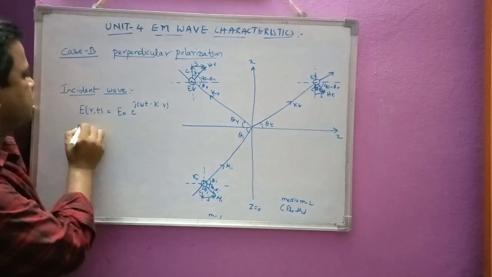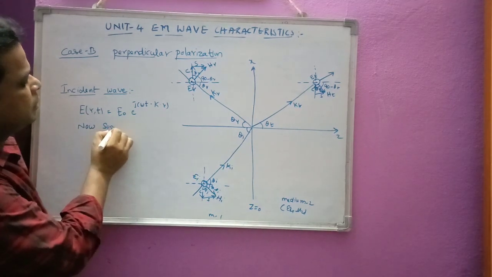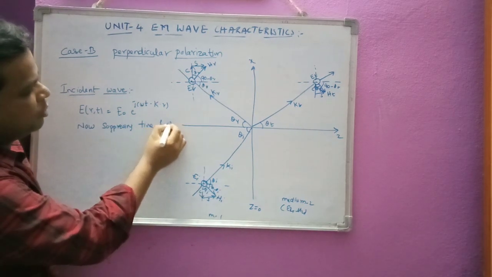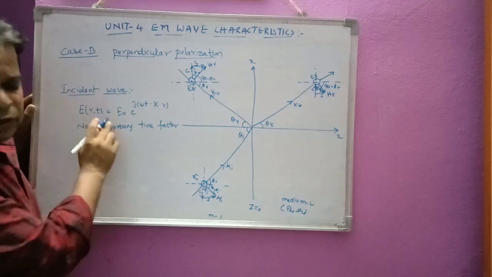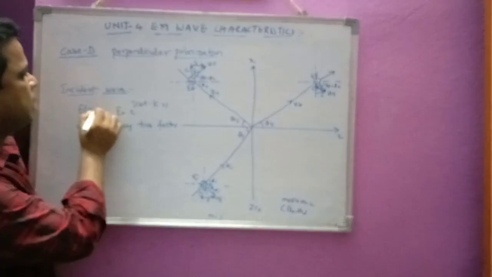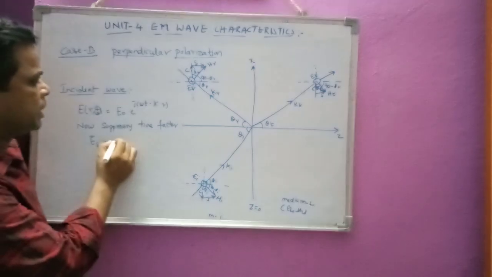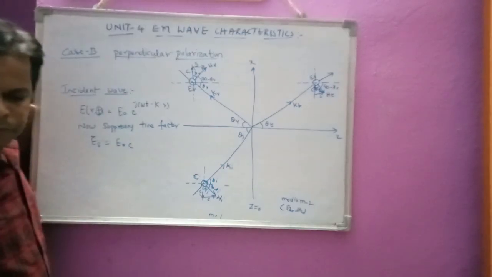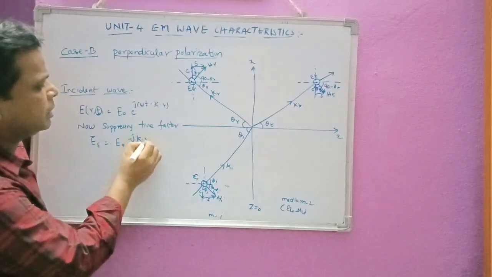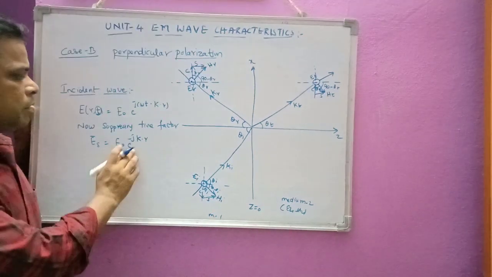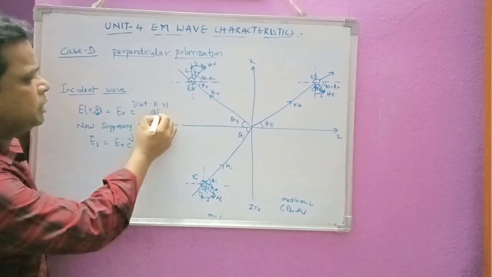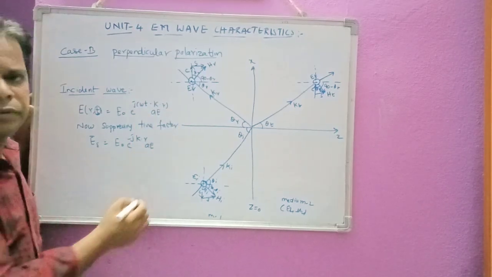Now suppressing the time factor in the above equation, I can write E(r, t) will be changing to ES here. That is because we are removing the time factor here. This time factor will be removed, and I am going to write E naught e power minus j k dot r. Okay. Now I am going to make use of this equation, and this is aE, the direction of the wave here.